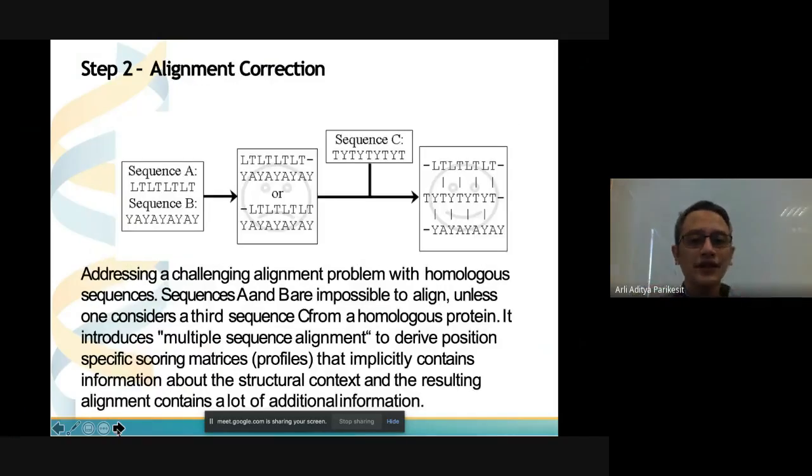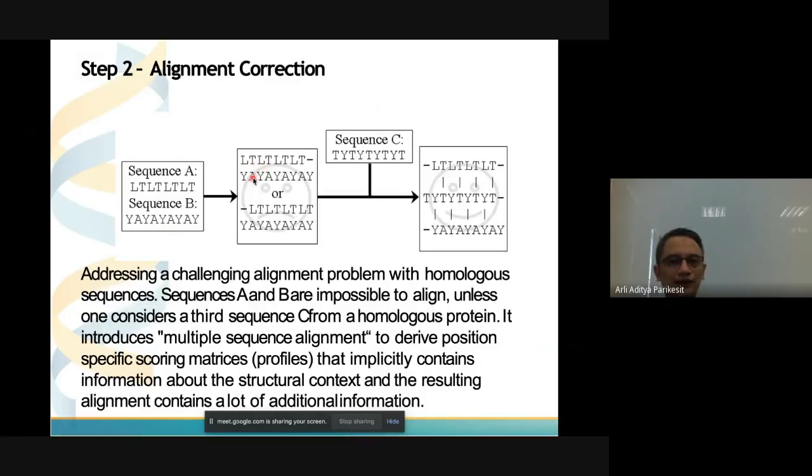And then the next thing will be the alignment correction. This is basically the quality control on the alignment. For instance, if you have sequence A and B, you align them, but there are two possibilities of alignment. Which one is correct?